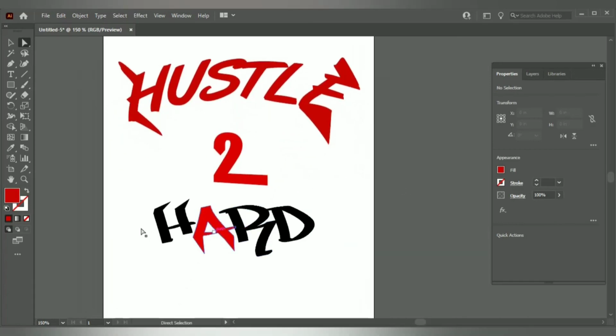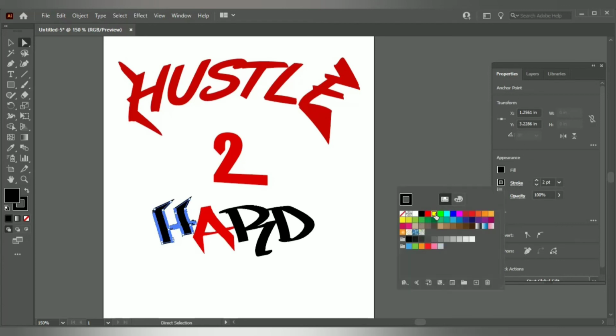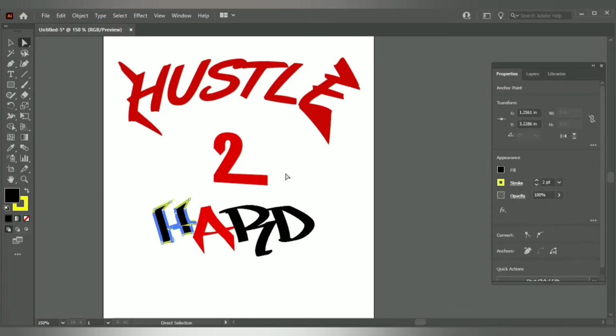Just anything. If you want to add a stroke, you can add a stroke around it. So you go to your properties panel, stroke right here. You can change the color. Say you wanted some yellow stroke around it. I don't know. That don't look too pleasant, but